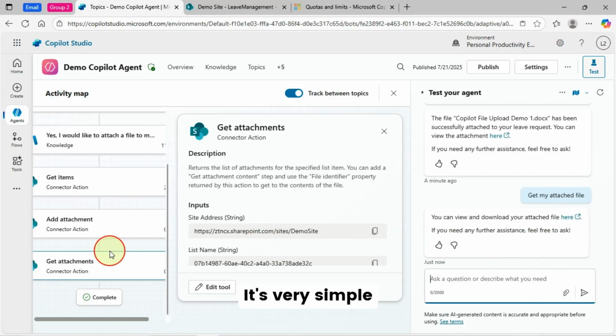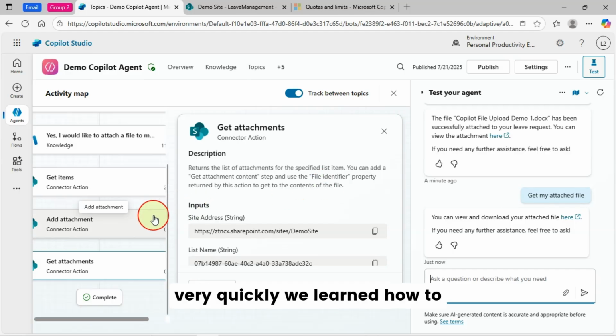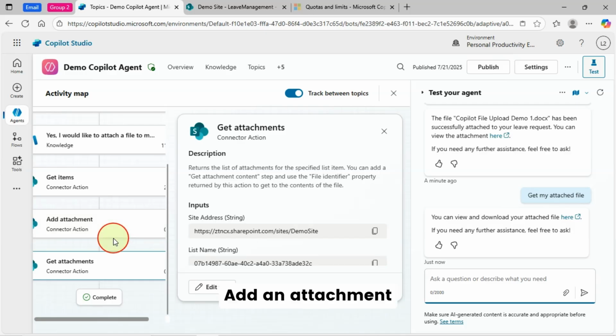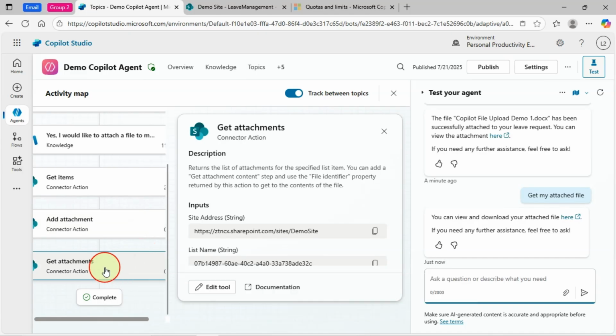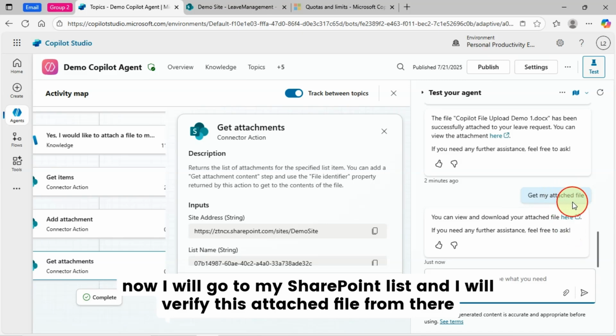It's very simple. So in this demo, very quickly we learn how to add an attachment to a SharePoint list item and how to read that attachment from SharePoint list item using my Copilot agent. Now I will go to my SharePoint list and I will verify this attached file from